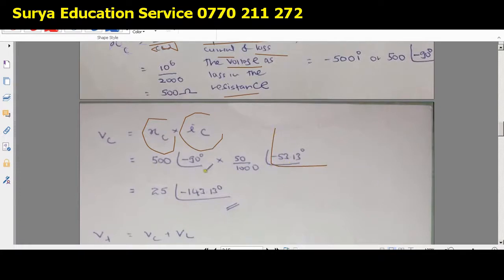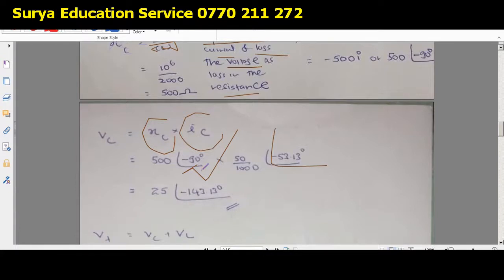So the reactance, you know. And how did this minus 90 come? The way minus 90 came is that I told you capacitors lag the resistance. Because of that it is minus 90, because the capacitor lags the resistance by minus 90, since they lead the current by positive 90. So because of that, 500 at minus 90 phase.